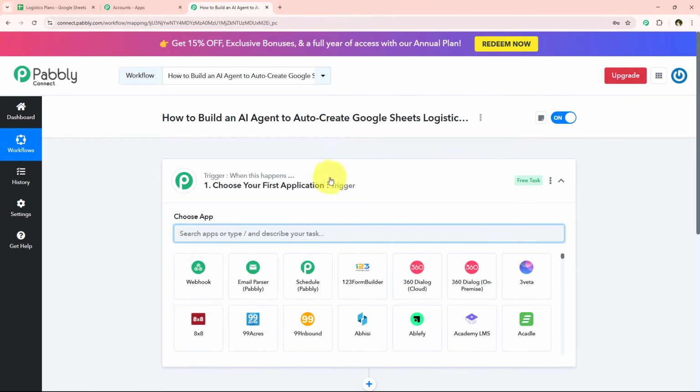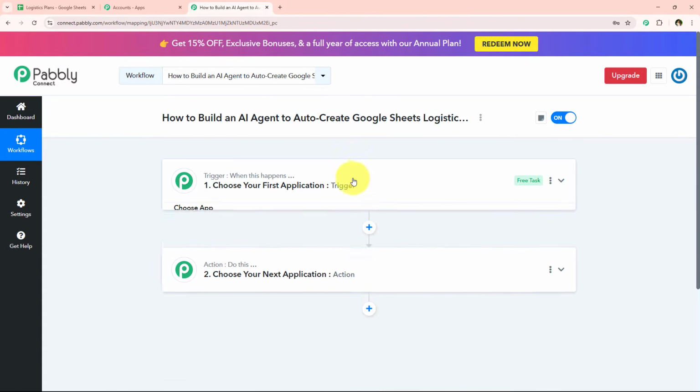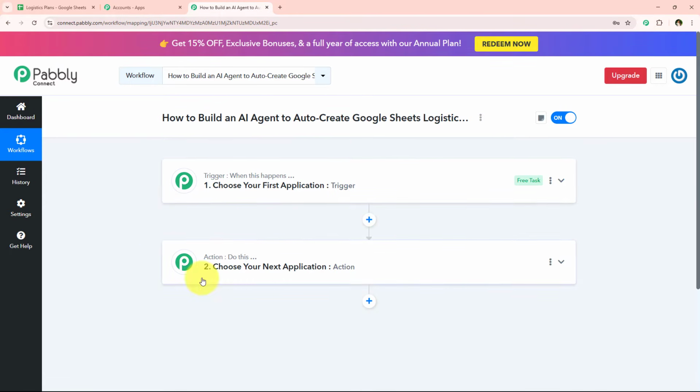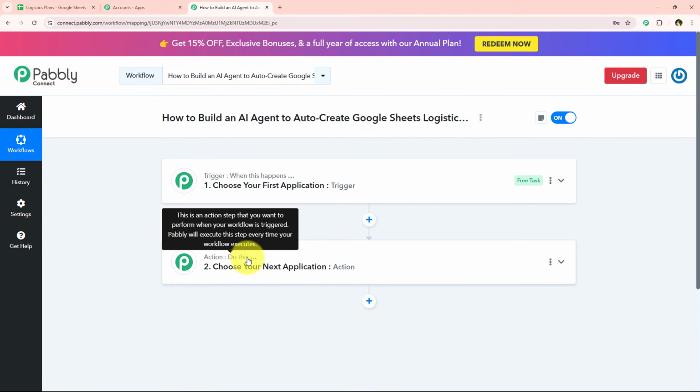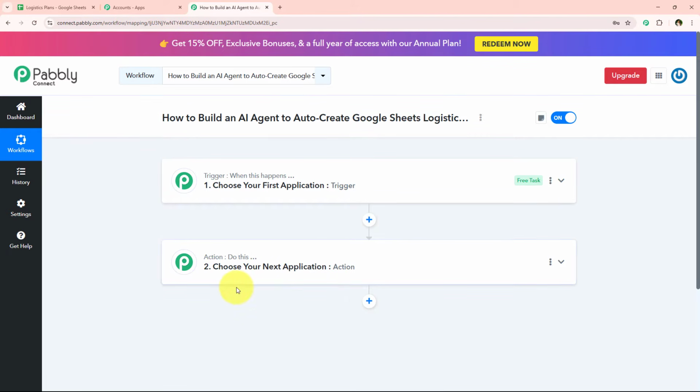So this is the most important window because we have trigger and action in this. Trigger and actions are the two main principles on which our workflow is going to run. Trigger means when this happens and action means do this. So by this you can understand that the actions are responses to the commands given by our trigger, and that's